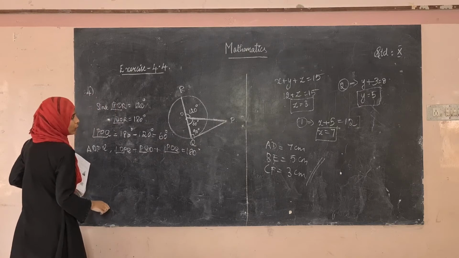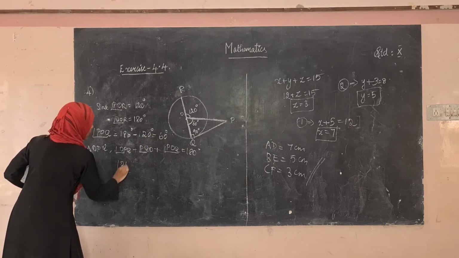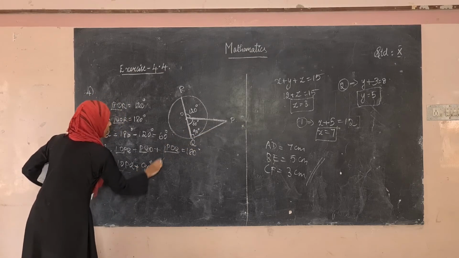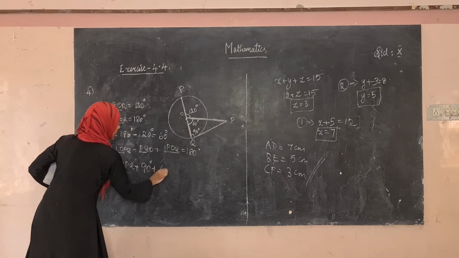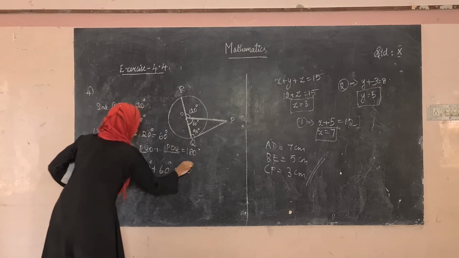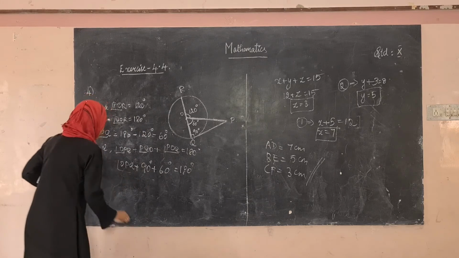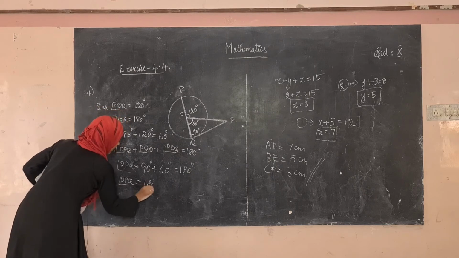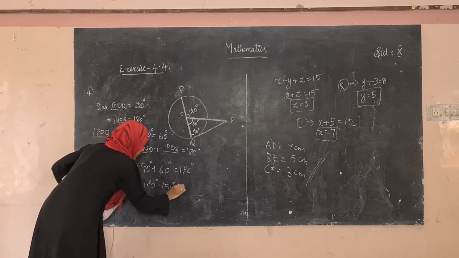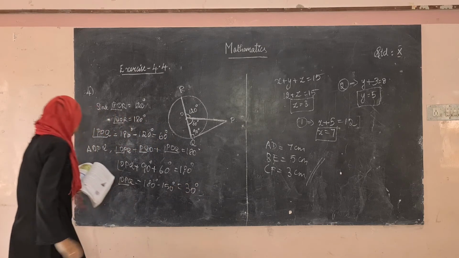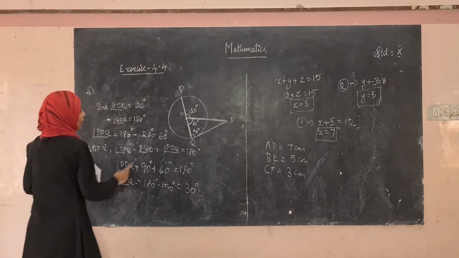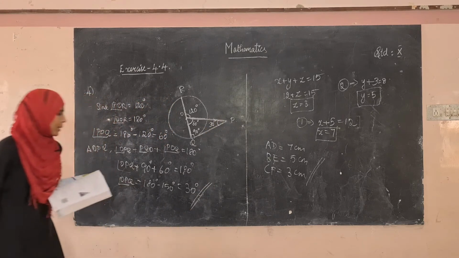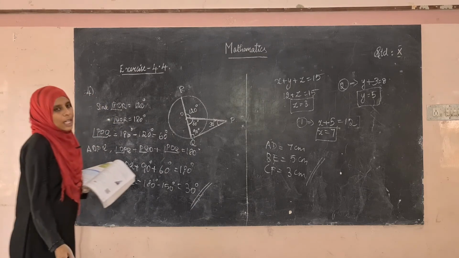So what is OPQ? That is what we have to find, right? So angle OPQ plus what is PQO? PQO is 90 degrees, plus what is POQ? POQ is 60 degrees, which is equal to 180 degrees. So 90 plus 60 is 150. So angle OPQ is equal to, bringing 150 to this side, 180 degrees minus 150 degrees, which is equal to 30 degrees. Angle OPQ is equal to 30 degrees. This is what we have to find. They have asked us to find angle OPQ. So the value of angle OPQ is 30 degrees.